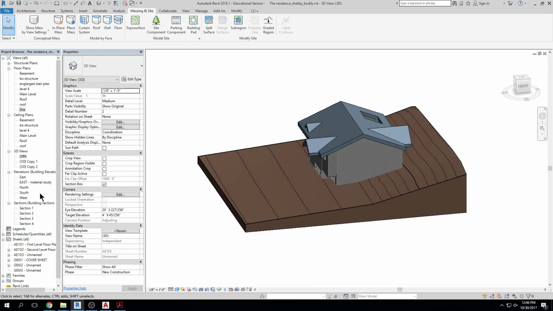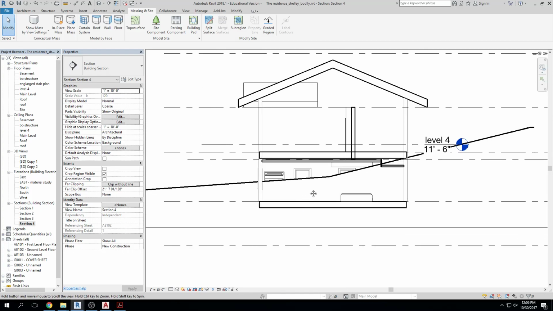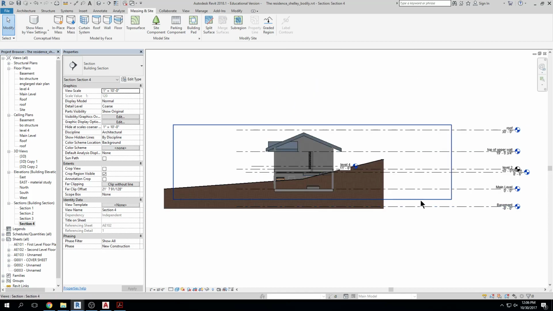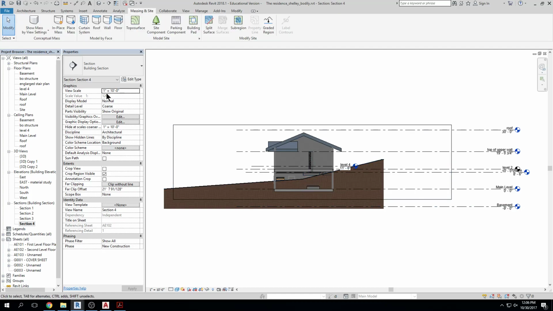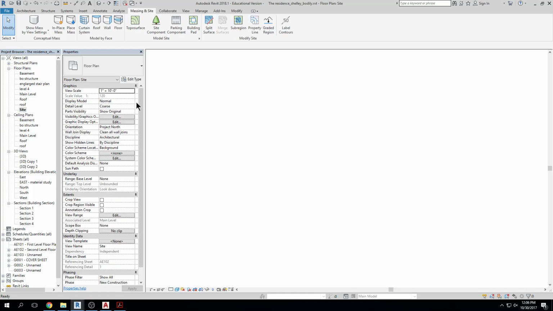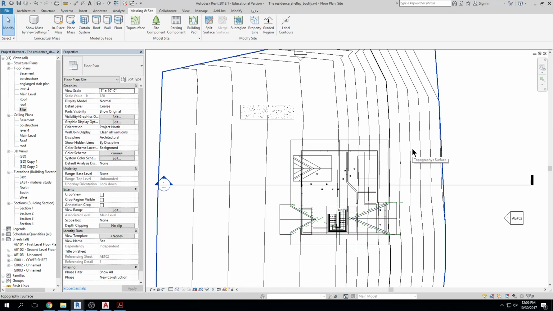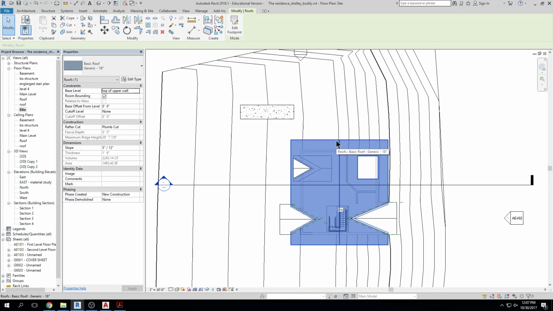If I go into my section view over here, click, click, there's my section. And I have all of this earth running through my house, okay? The way that we're going to navigate that and filter that out is what's called a building pad. So if I go back to my site plan, essentially what I need to do is either do a wireframe, WF, so I can see the basement, or the outline of the house, HL, hidden line,